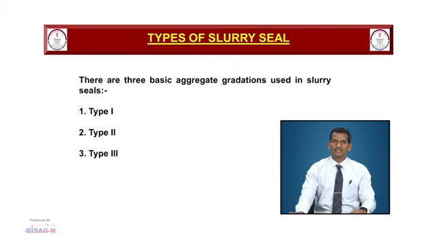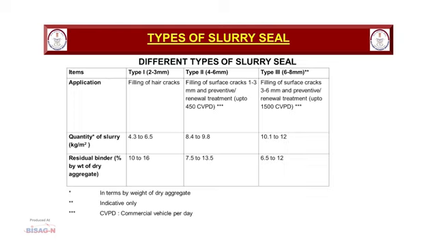Types of slurry seals. There are three basic aggregate gradations used in slurry seals: type 1, type 2 and type 3. These depend upon the traffic intensity and width of the cracks. Type 1, as I told you, is for filling of hairline cracks. For type 2, filling of surface cracks between 1 to 3 mm and preventive renewal treatment up to 450 CVPD, that is commercial vehicles per day. For type 3, filling of surface cracks between 3 to 6 mm and preventive renewal treatment up to